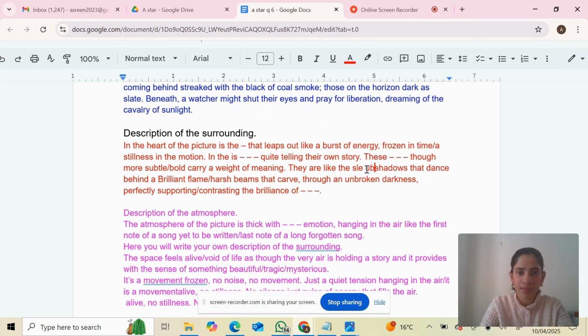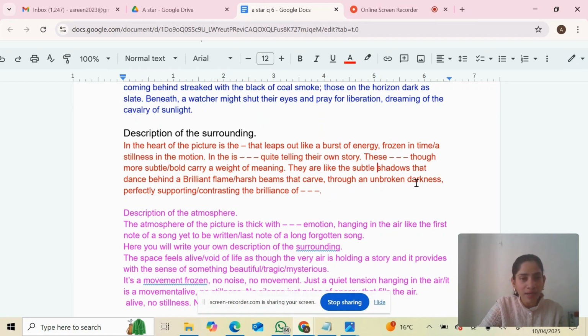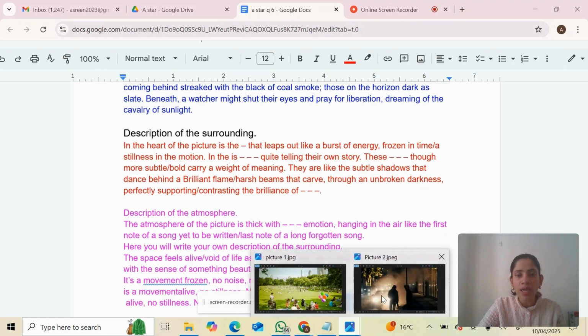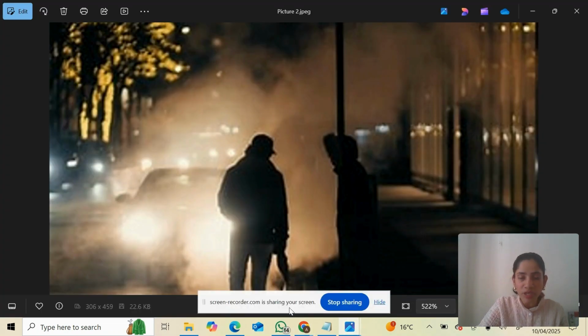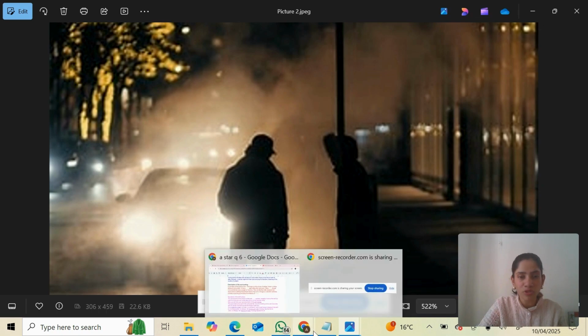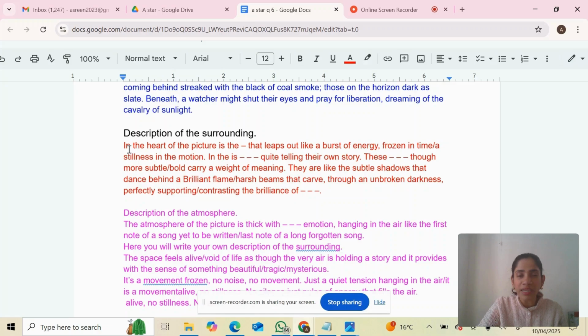When you're looking at a picture, you're saying that these things also carry a meaning, and they are like those bold, you can say subtle, or you can say bold shadows that dance behind a brilliant frame, coming out through an unbroken darkness. Even if it is a dark picture, you can say unbroken darkness, and it's perfectly supporting. Now this same description you can also use on the other picture,